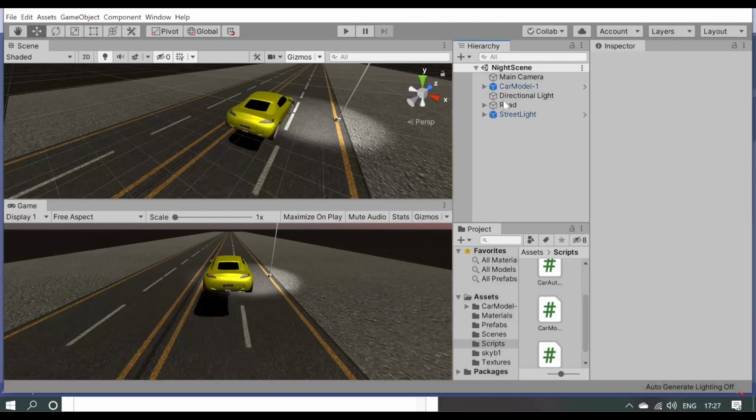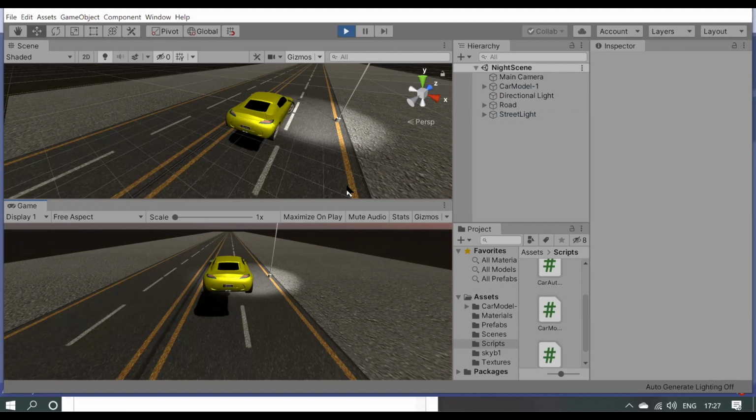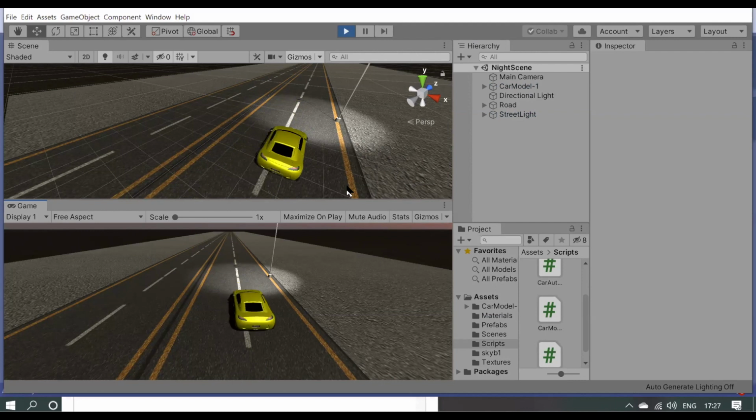Hold on, we'll do everything. Wait for some time. So we have this basic car, and somewhat it is moving. There are a few things which are wrong here. This car takes the pickup speed like a real car. In a real car, it starts with zero speed and with time it reaches the highest speed, but this car reaches 10 speed very quickly. This will be fixed soon, but before that, what I'm going to do is